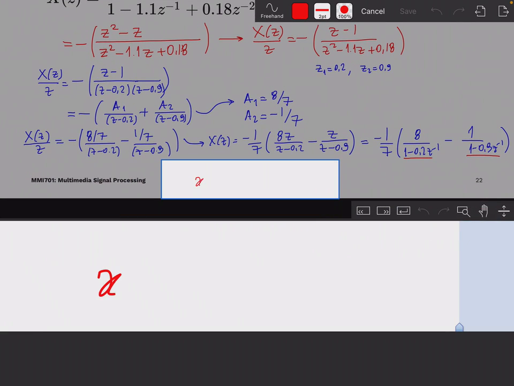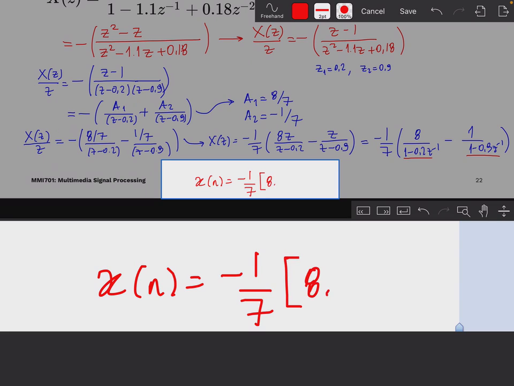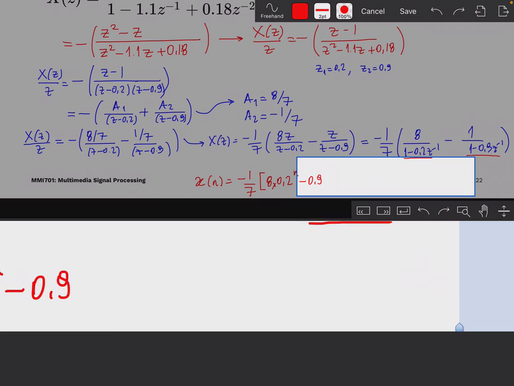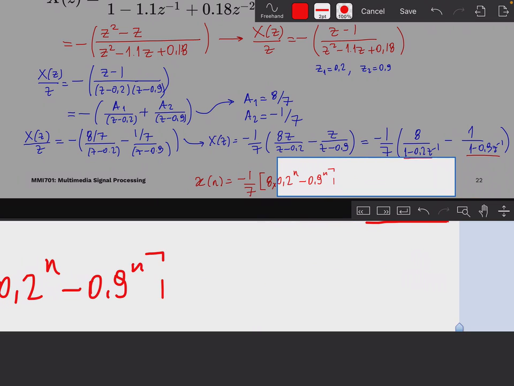So then x of n is equal to minus 1/7, 8 times 0.2 to the power n minus 0.9 to the power n, u of n. U of n we do know because we have a causal sequence. So this is how you would proceed with a proper